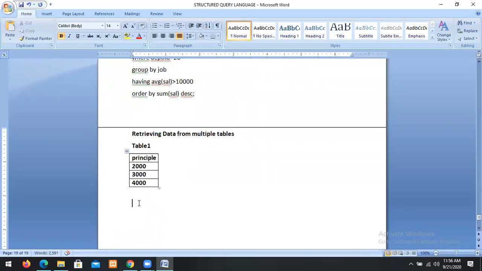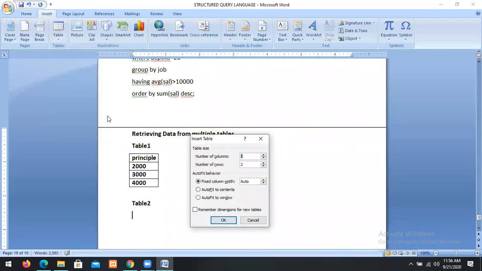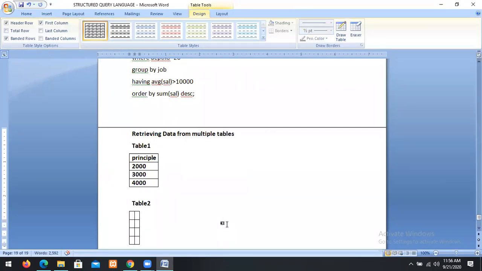So we have one more table, table 2. Table 2 has 2 columns, 4 rows: time and rate of interest, or ROI.